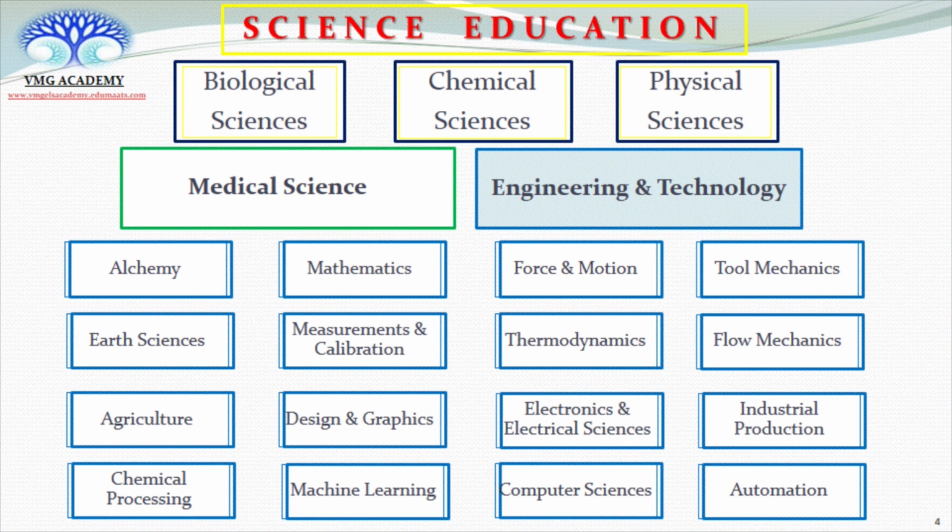To conclude, science education is a complex array of different areas of studies or specializations which have their foundation or roots that lead to the basic sciences, which are chemical sciences, physical sciences, and biological sciences. Secondly, science education is based on scientific philosophy, scientific theories, and established scientific resources.